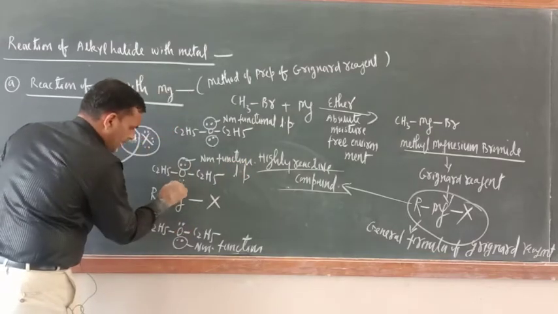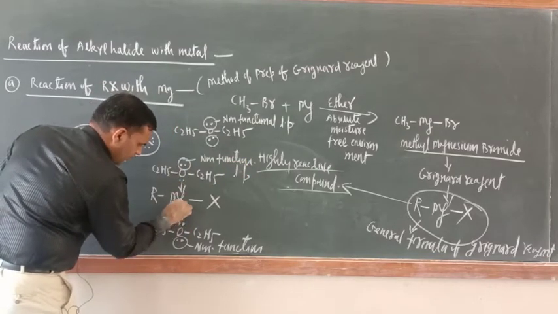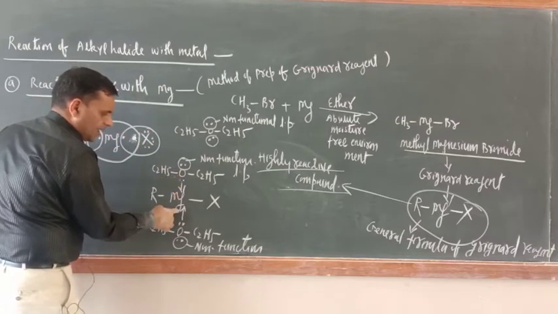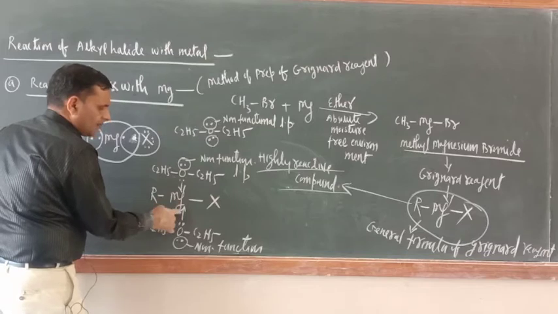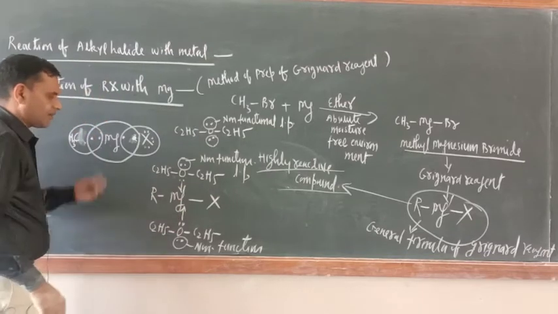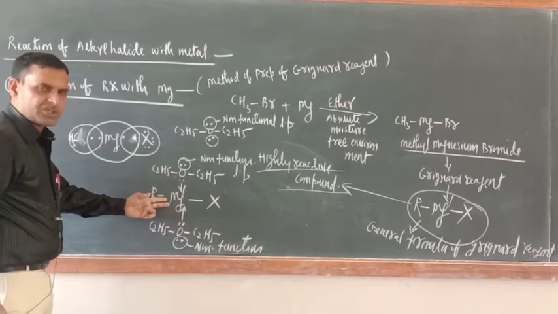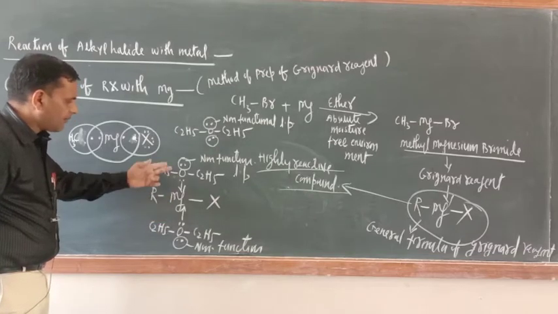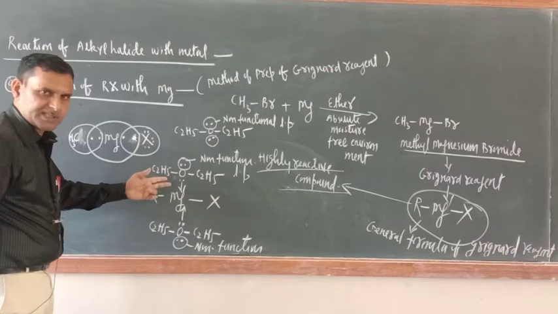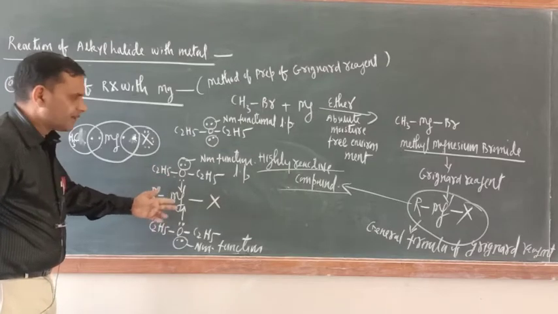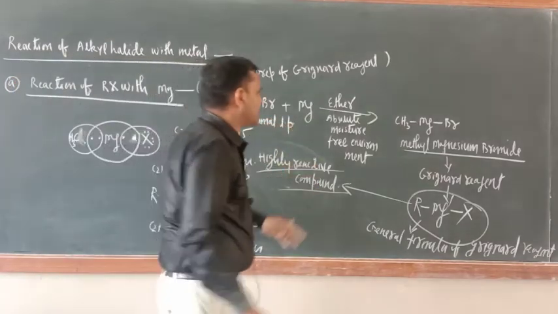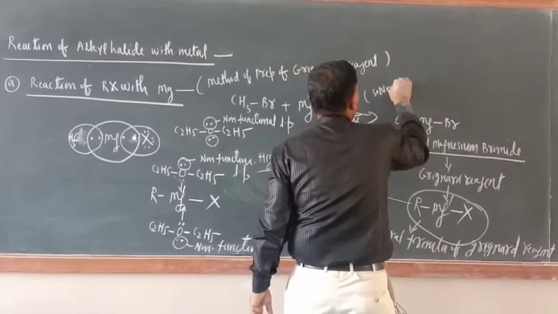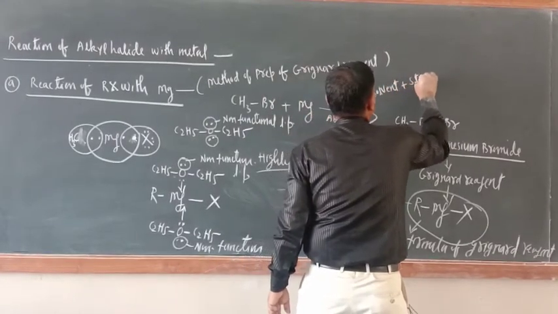Now this will make a coordinate bond. 1 pair of this diethyl ether, another pair of this diethyl ether will make a coordinate bond with the magnesium. In this way the octet of magnesium is completed now, because these lone pair electrons of oxygen of diethyl ether have made the coordinate bond. So now ether is here solvent plus stabilizer.